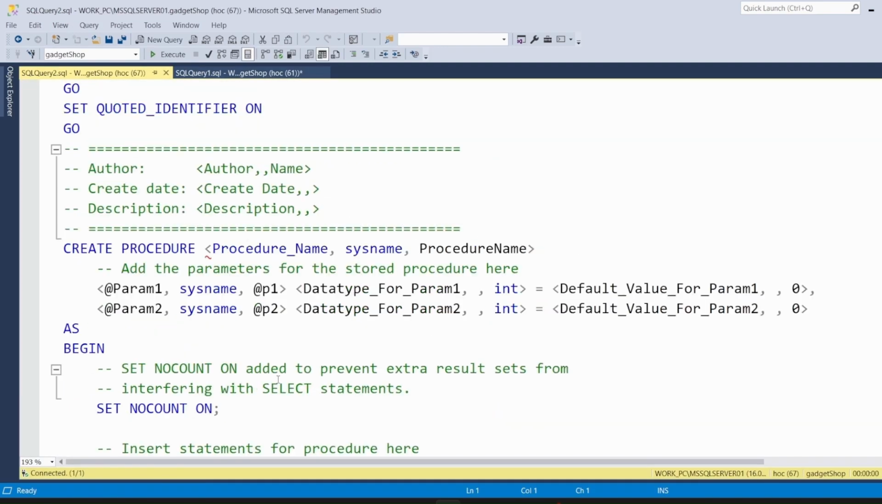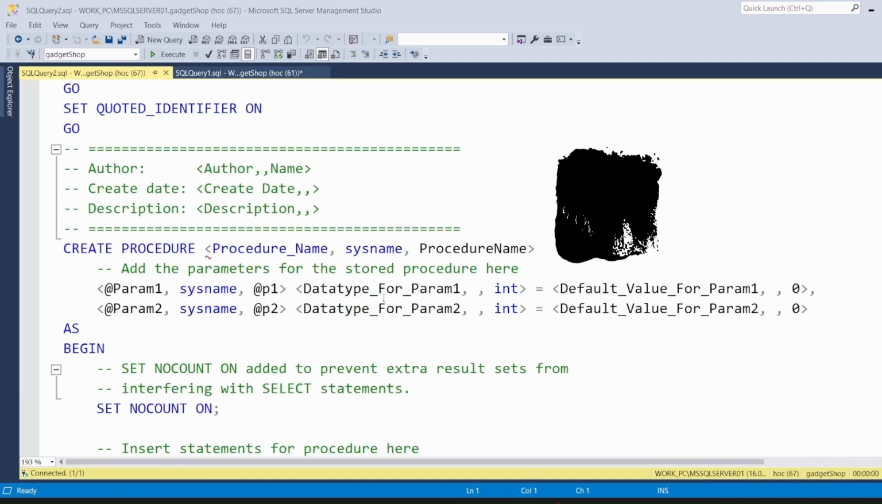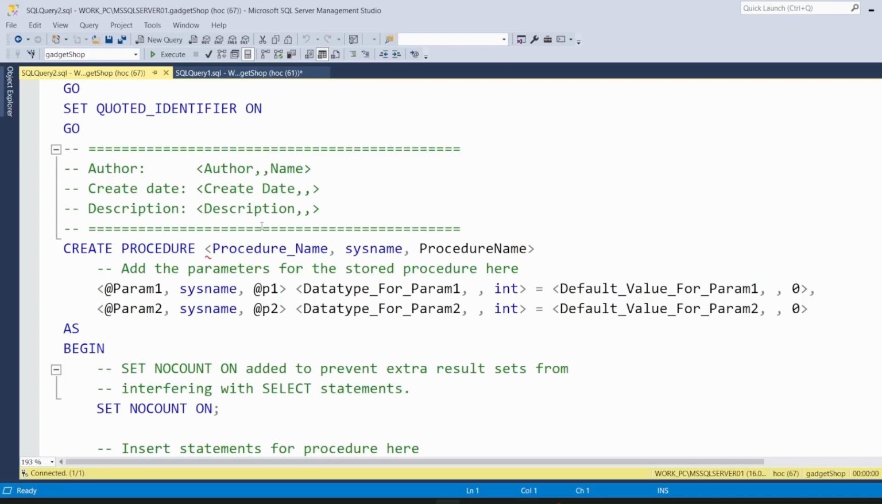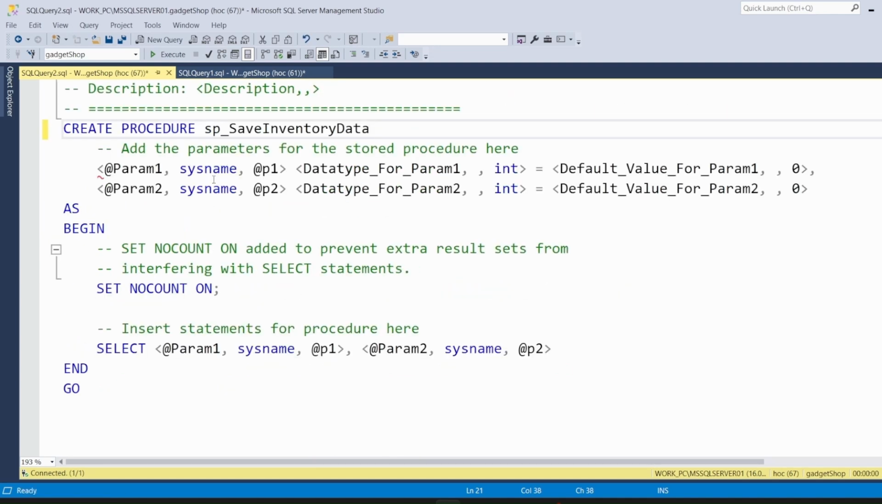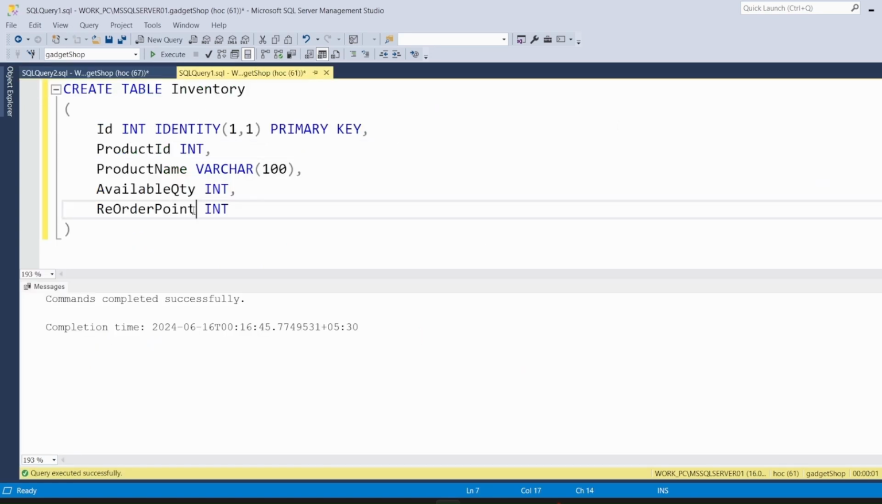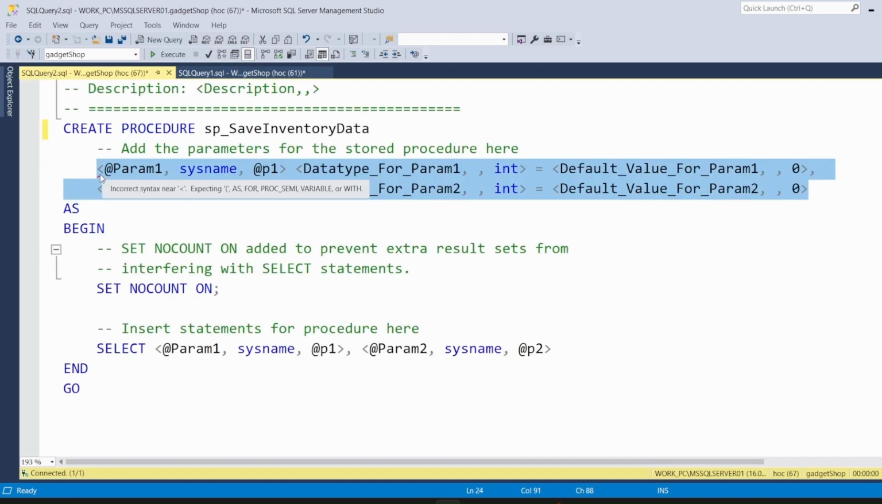What we want to do is save the data, and we can give it the exact name that we have over here for the functionality, sp underscore save inventory data. So this is the kind of nomenclature that I follow to define a stored procedure. And what parameters it will take is, it's going to take these parameters,